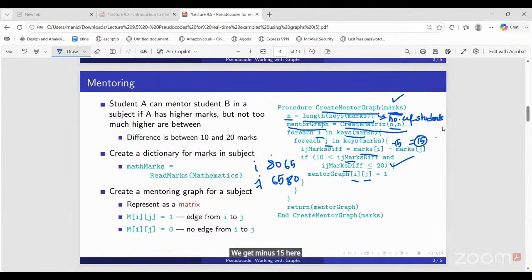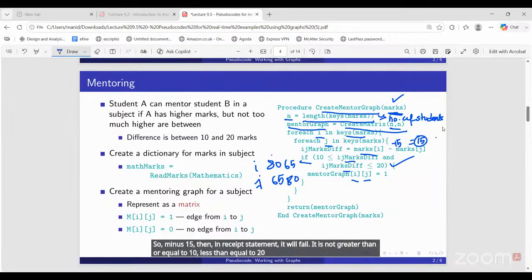So minus 15, then in this if statement, it will fail. It is not greater than equal to 10, less than equal to 20, which is correct. It is less than equal to 20, but this criteria will fail. And since it is an AND statement, the whole thing fails. And the mentor graph